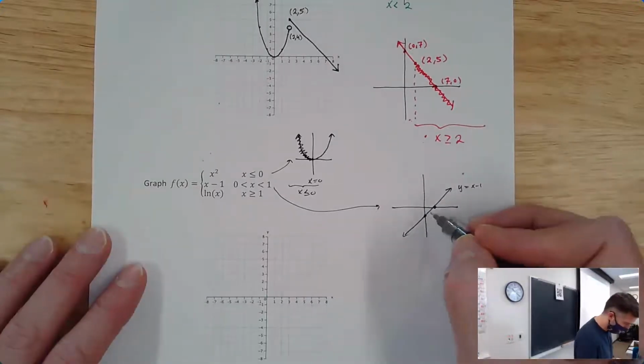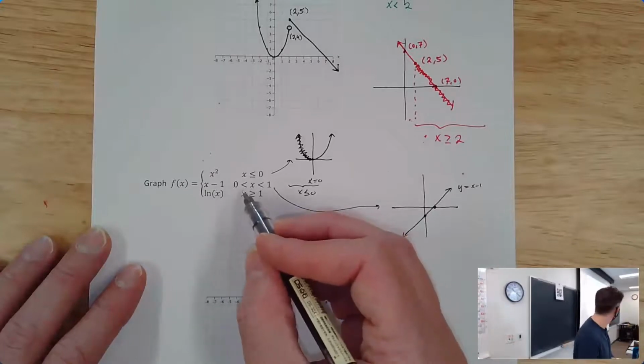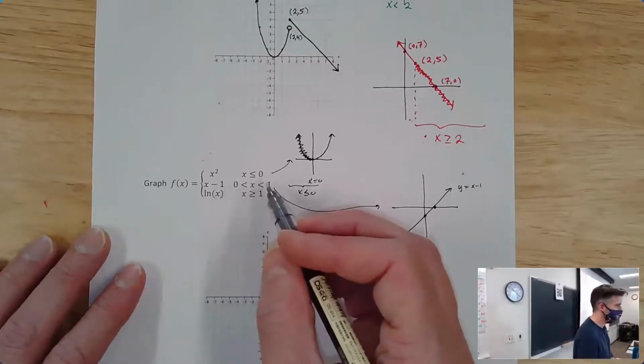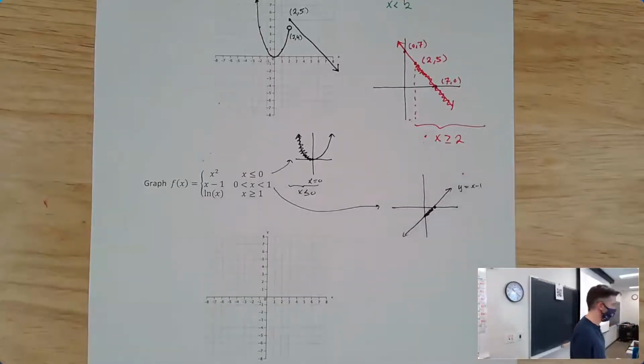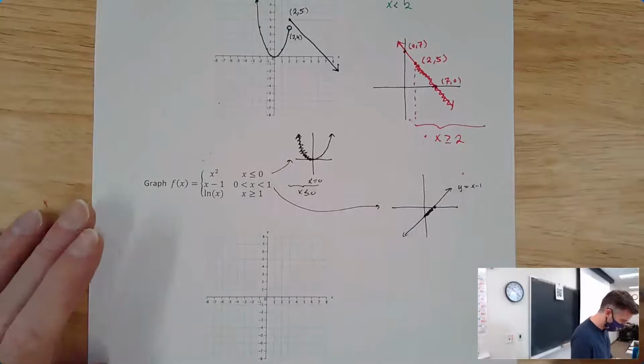And we want everything between 0 and 1, but not including either endpoint. So actually, we want everything from here to here, but we don't want to include those intercepts. And then finally,